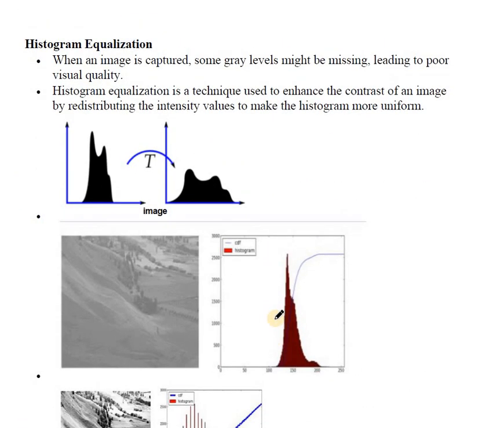Now we go ahead and we try and understand what happens in histogram equalization. Many a time the image is very much concentrated, the details are missing, the quality is poor, the contrast is poor. So what you try to do is get a balanced image out of that. And to achieve a balanced image, you perform something called histogram equalization. So we want to convert a histogram which is concentrated to a small region to a more balanced histogram.